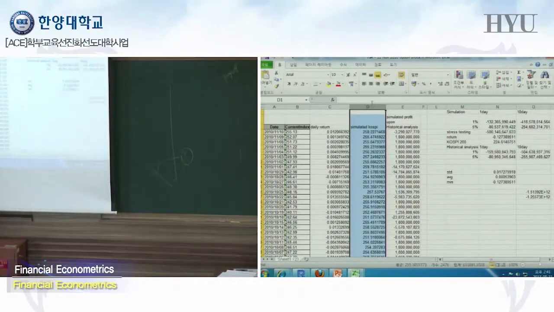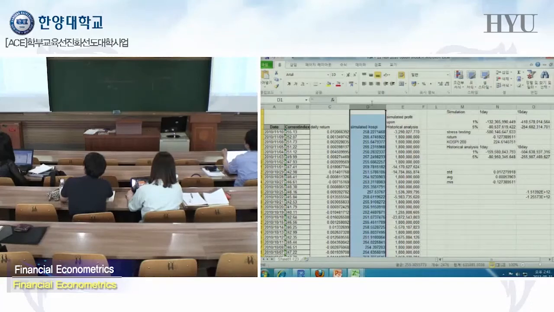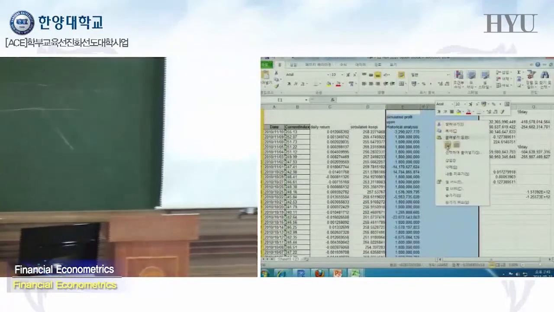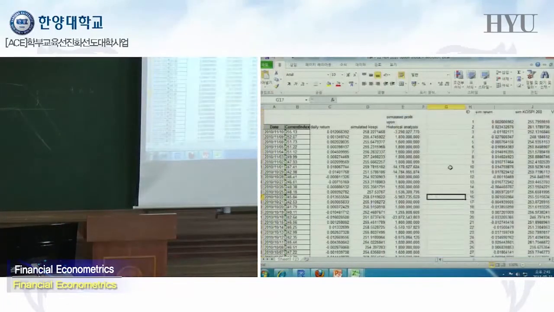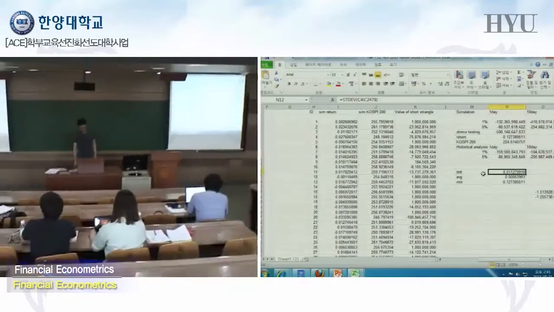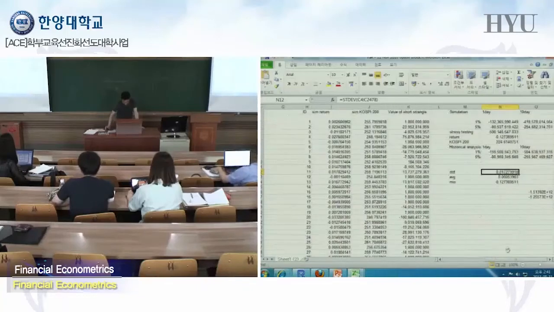Another strategy is, if we know the mean and standard deviation of this one, and if we know this follows some sort of normal distribution, for example, then we can directly simulate those values, right? So let me show that strategy again. So let me unhide, okay. So standard deviation. First, we can calculate the standard deviation of our historical data.